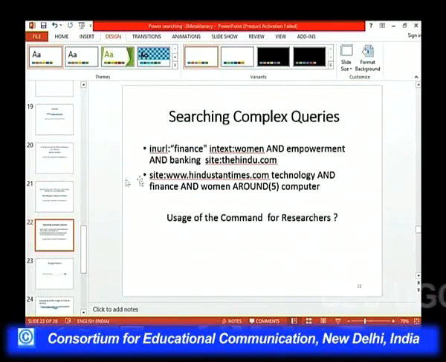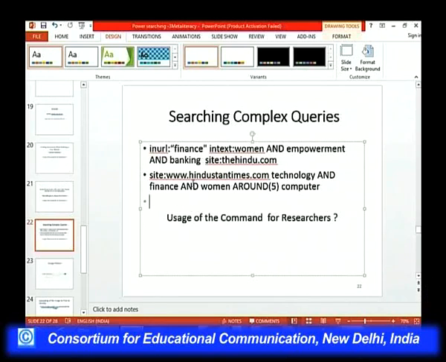Okay, next is, with all these commands learnt, we should now be conversant with using these commands in a complex way, not in different separate searches, but combining these commands in a single search.